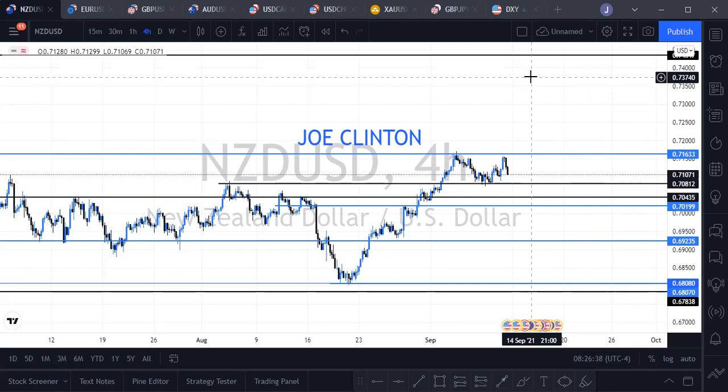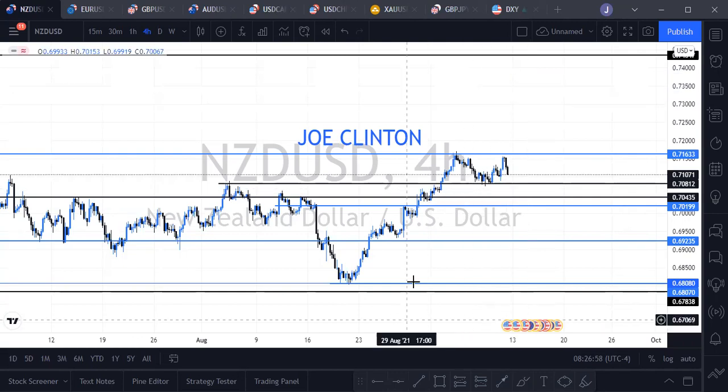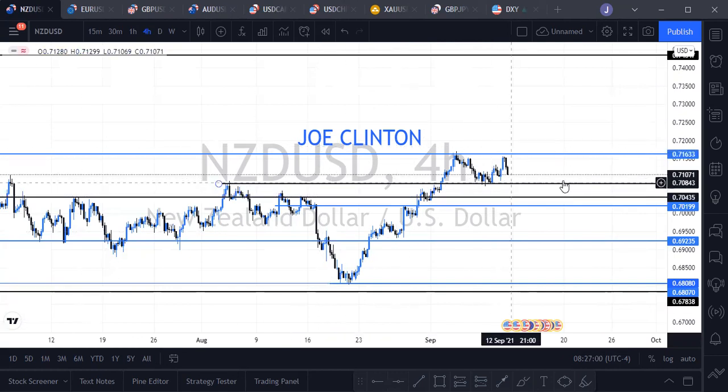Like I normally do a weekly outlook, so I want to give you guys my weekly outlook for this coming week. So on chart here, I have NZD USD. So let's look at what we have here. All right, on NZD USD,